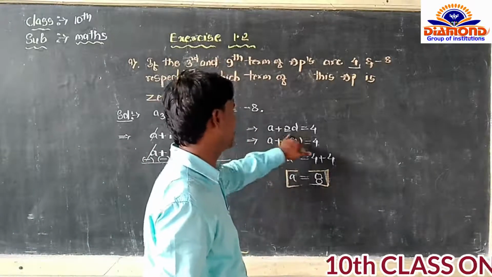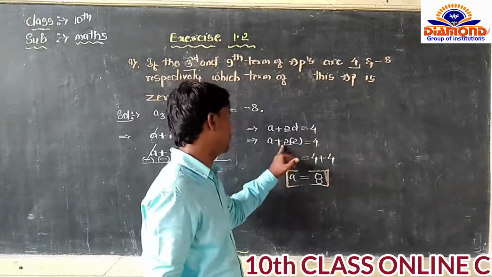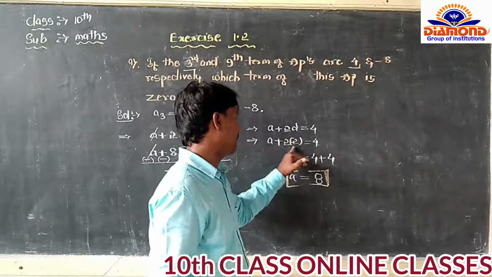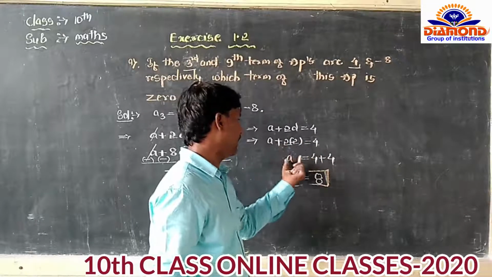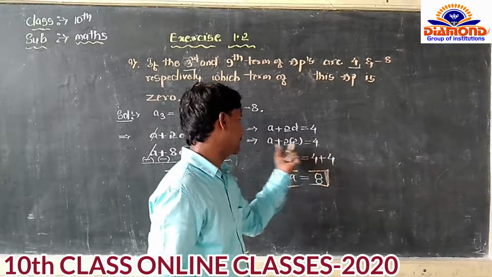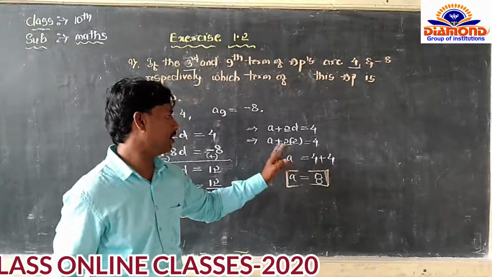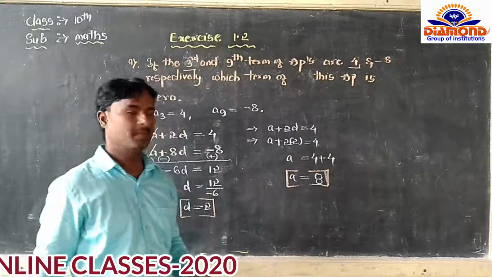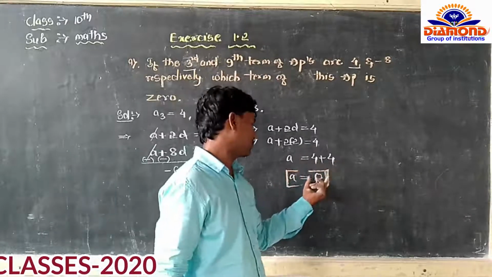And we are getting the A value. A plus 2D is equal to 4, dear students. A plus 2 in the bracket minus 2 is equal to 4, and A I wrote as 4 as it is, plus into minus 2 to the 4, that 4 is the answer, that will become plus 4. Plus 4 plus 4 is equal to plus 8.